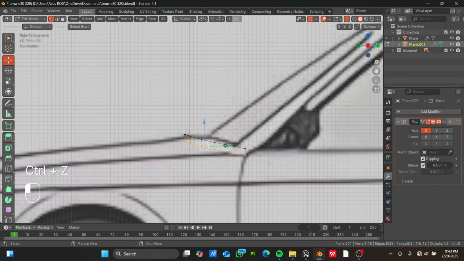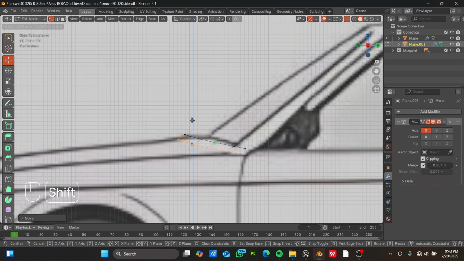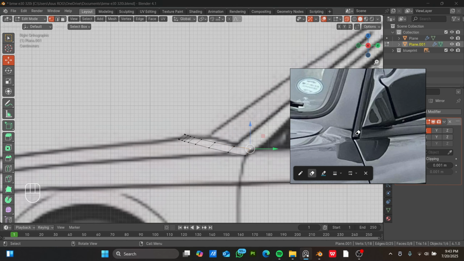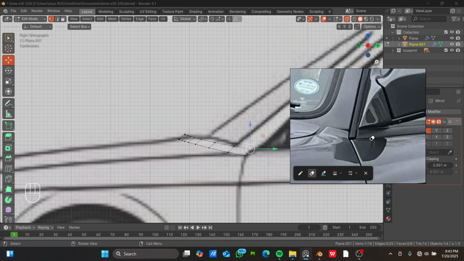Now you can select all of this, extrude it, disable this, and then move it in the Y direction. You can also move this up, and move this down. Also, let's try to move this back also. But I feel like